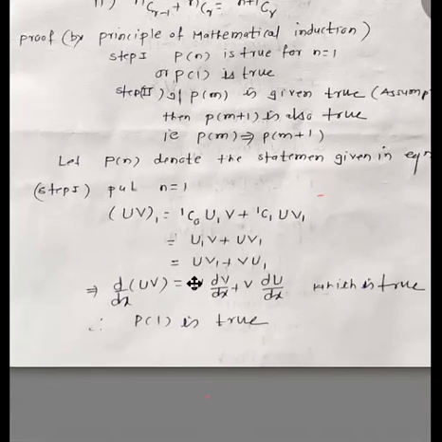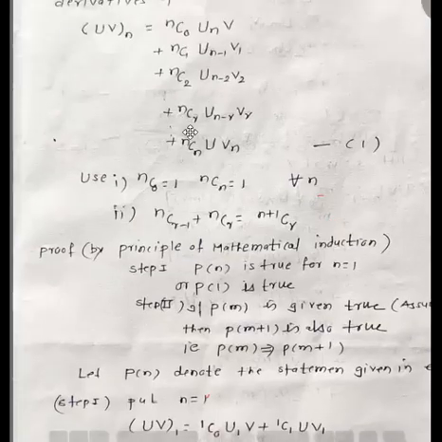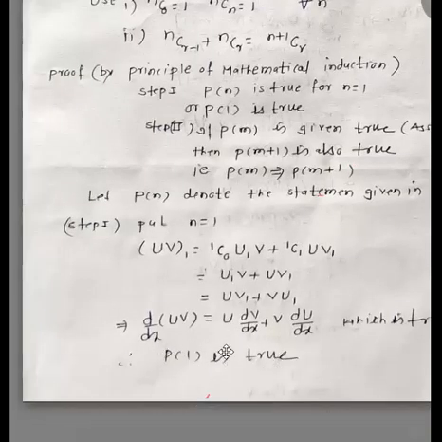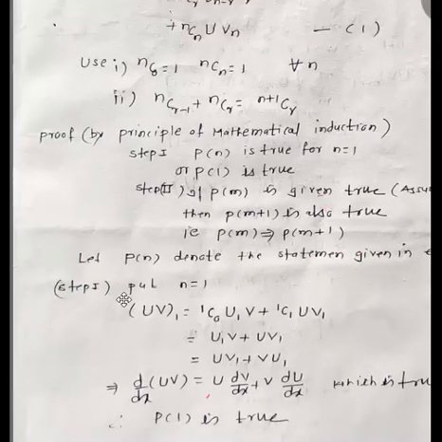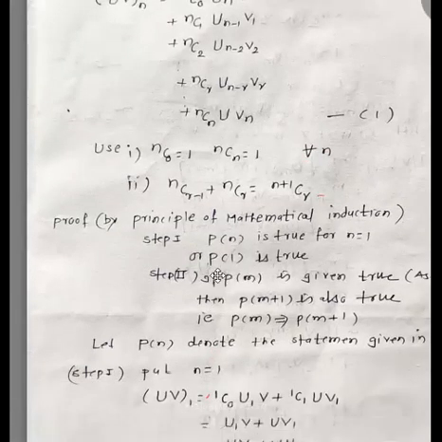Now what is the meaning? On the left hand side, u1 means the first derivative of uv. On the right hand side, v1 means the first derivative of v, and u1 means the first derivative of u. So it is u into the derivative of v plus v into the derivative of u. So this is the product rule and it is true. So this statement reduces to this form and it is true. This is a formula to find the first derivative of the product u into v. So we say that this statement is true for n equal to 1. This is the first step in mathematical induction.